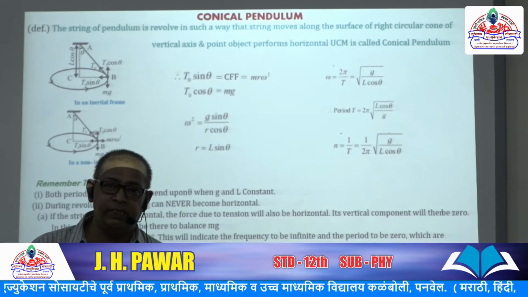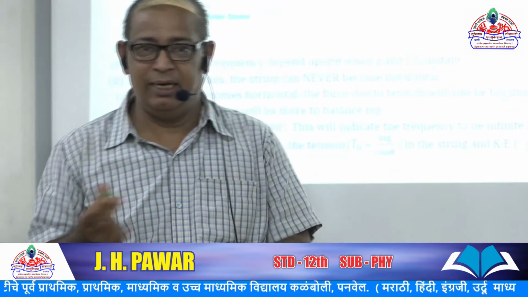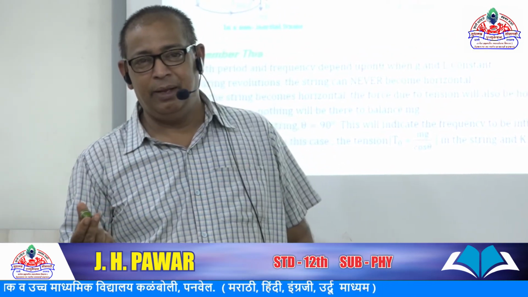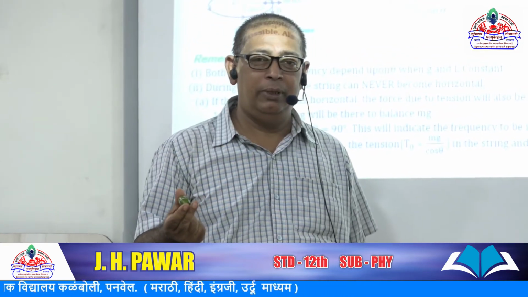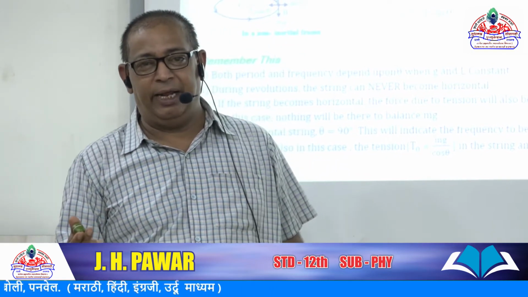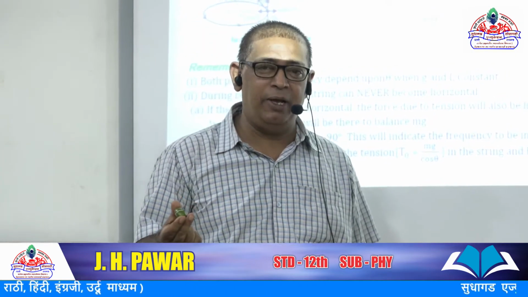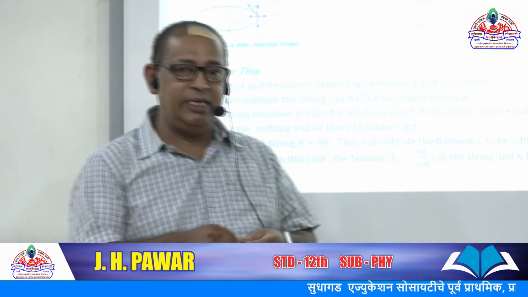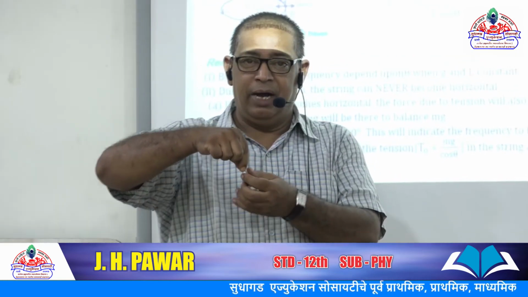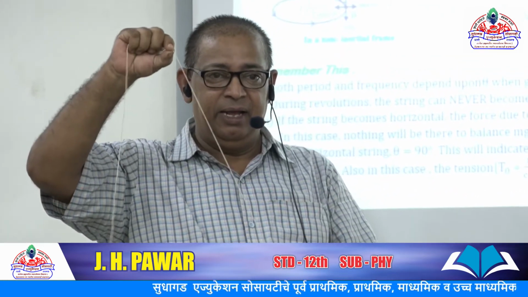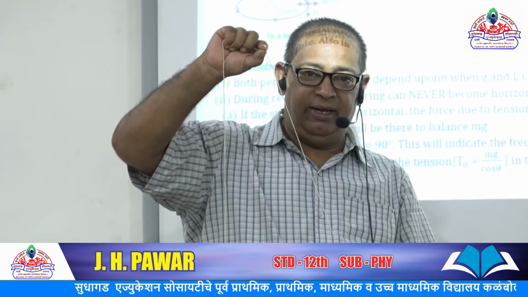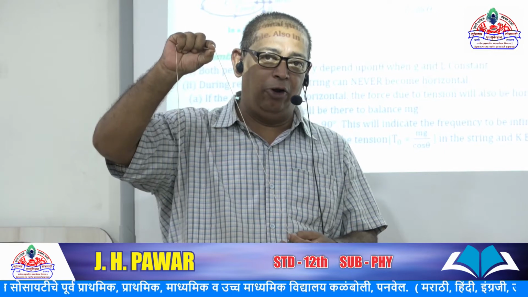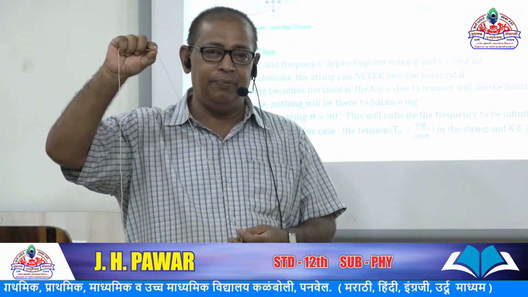Pendulum means a tiny mass. This tiny mass we assume to be a point mass or point object. It is called a bob. For practical purposes we take a dense metal sphere having a small diameter. This tiny mass is connected to a string. These strings have four specialties. First, the string should be long, more than 1 meter.